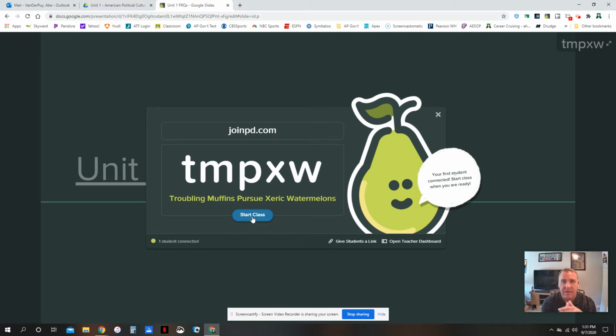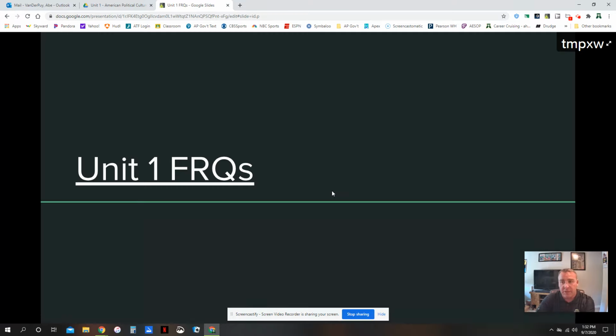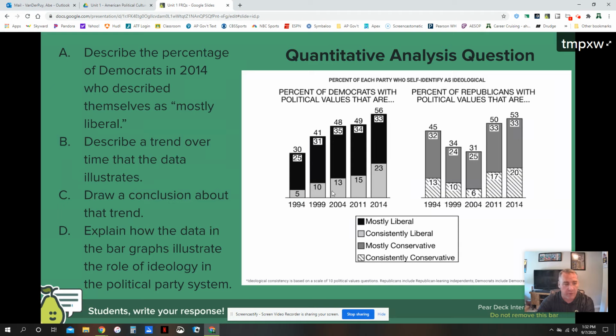Let's say I have 15 kids that I know are in the class today, and you'll see down there it says one student connected. Once I get 15, I'll click start class. And so I can control this just like a normal slideshow. So I can go forward, and when I go forward, students then see that slide, and then they are given a